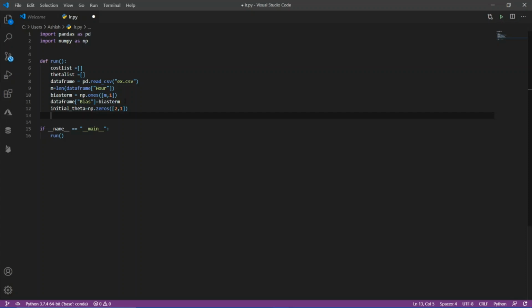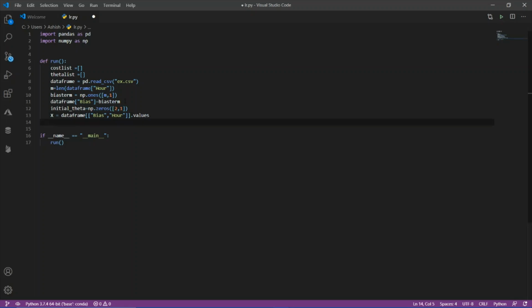What individually means is, let's define our x, that is our feature, equals to data frame, first the bias and then our x1, dot values. So it will convert our data frame into NumPy arrays.